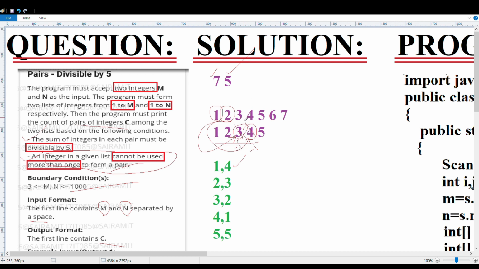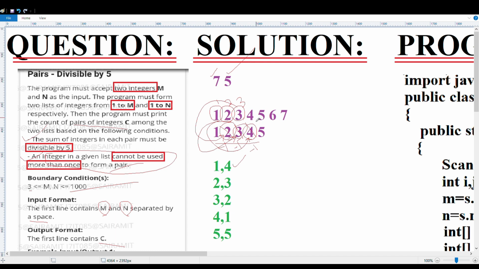Now you will check with 3. For 3, again 3 and 1 will not give you 5 or something divisible by 5. 3 and 2, yes, 3 and 2 will give you. So you come here, take this value and replace it by -1. So here you get 1, here you get 2, second combination, here you get your third combination.